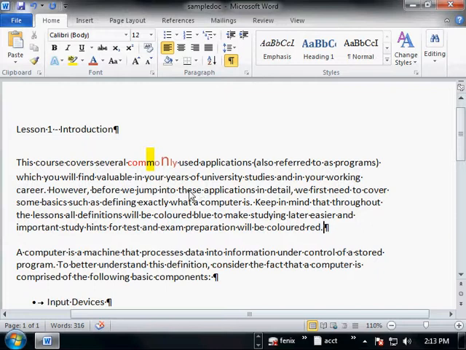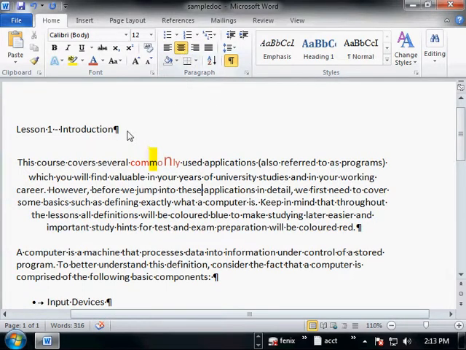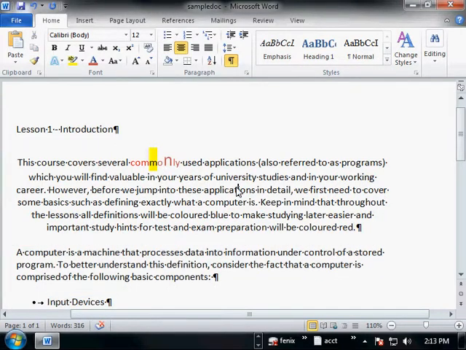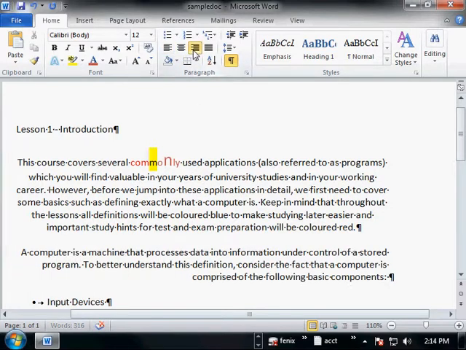So if we click anywhere on the second paragraph, because the first paragraph is actually this heading up here, let's click on the second paragraph and we're going to say center. And it's not going to center just that one line, and it's not going to center everything in the document. It's just going to center everything within that paragraph. So you'll notice that paragraph 1 up here and paragraph 3 down here did not change when we centered the second paragraph. If we want those to change, we have to click on them individually and apply paragraph level formatting